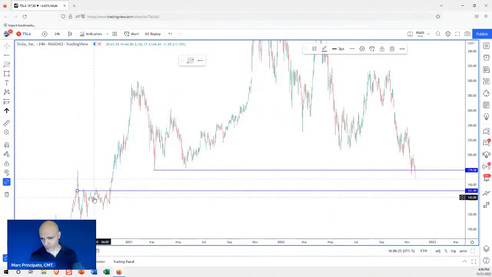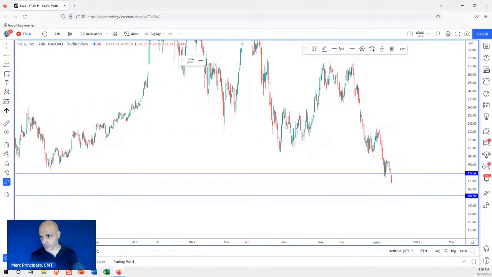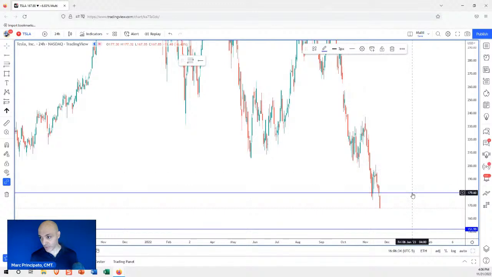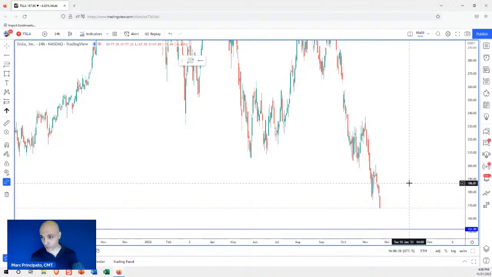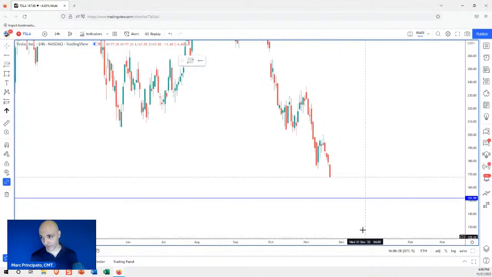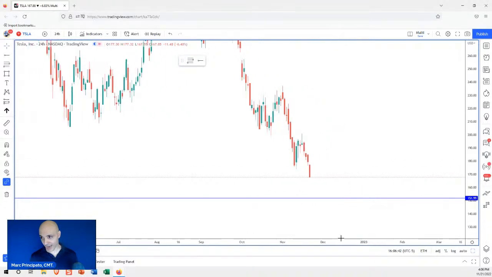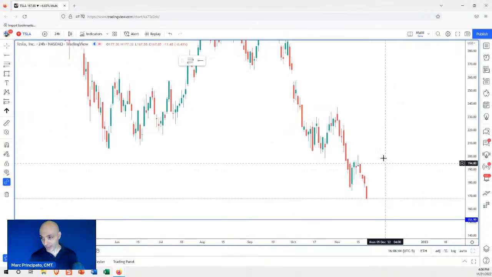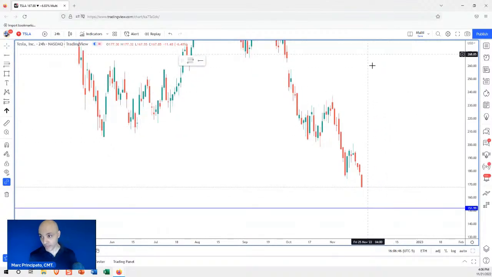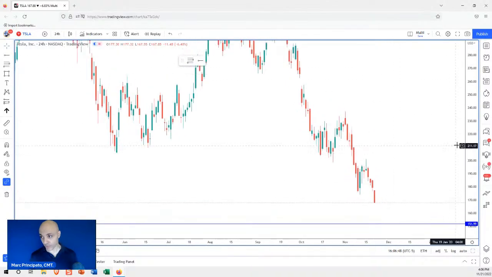Your next support is here, and that's 155. Right now you're fooling around at 167. That's about $12, so that's a possibility. That's a level to account for. And there's absolutely no reason to buy this thing right now. There's nothing reversal or bullish about that candle that says go long. If you buy that, you're stepping in front of something that has some room to go lower.